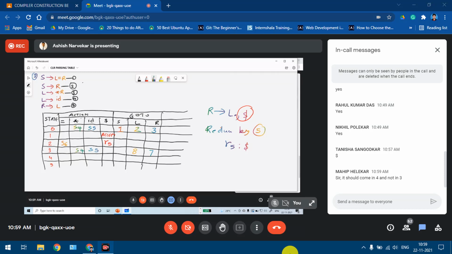Then in state 7, then in state 4, you can see there is a final, no, this is, sorry. I think I did a wrong entry. It should be state 4, whatever we did. We had skipped state 3, right? So this will be in state 4 only.